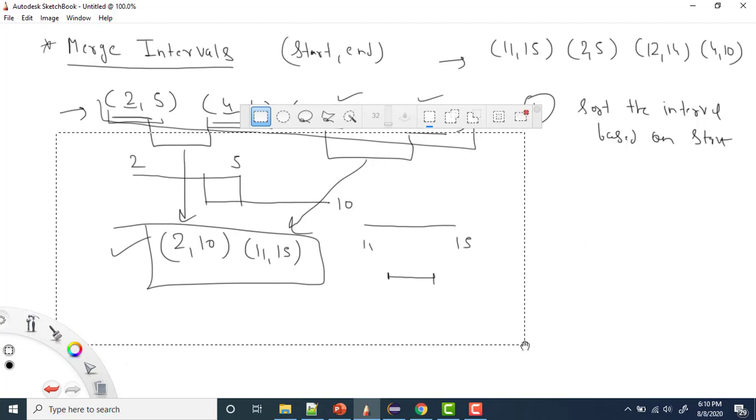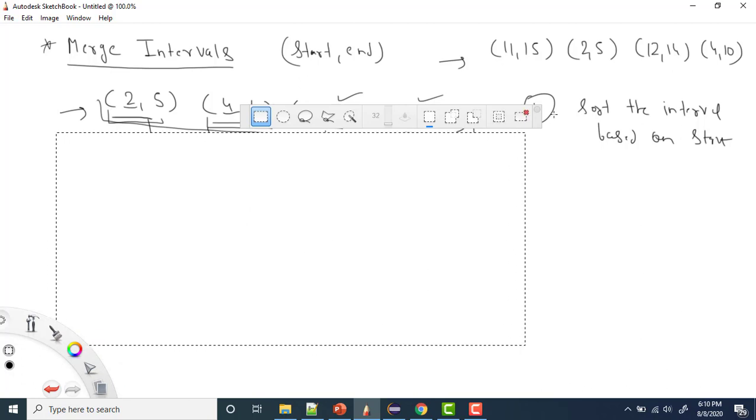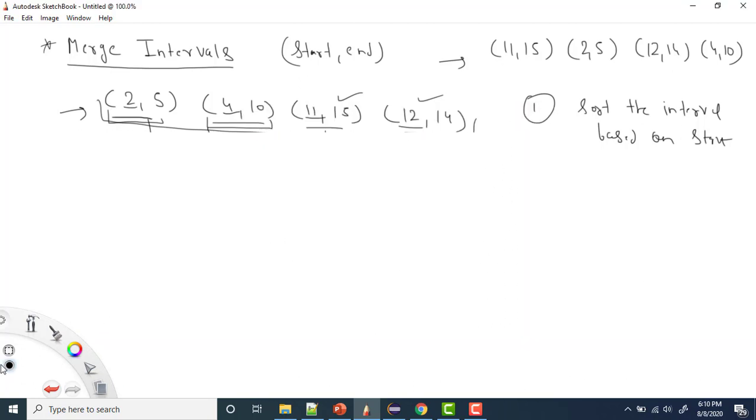So let me remove this one and let's see one by one how it is happening, right? Once you have sorted the intervals based on the starting value, if you see here we have 2 to 5 and here we have 4 to 10. Because we have already sorted by the starting value, the start of this one will be less than the start of this one.